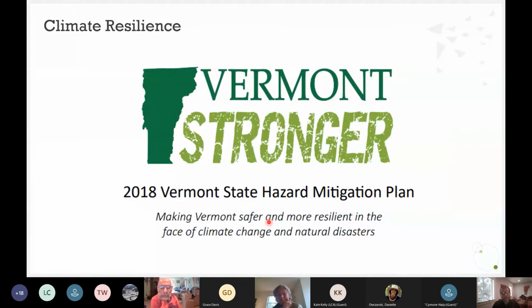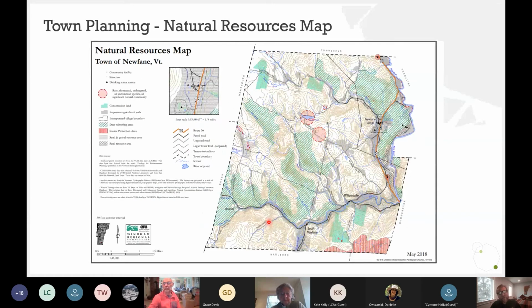We also talk about these issues, the river corridor, in the context of climate resilience and the hazard mitigation planning. Some of our work really does mix with the state and local hazard mitigation plans. We also talk a lot about this concept and use Vermont conservation design in our technical assistance to municipalities with respect to land use planning.